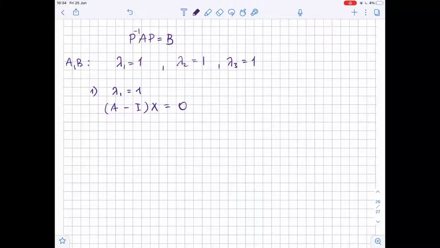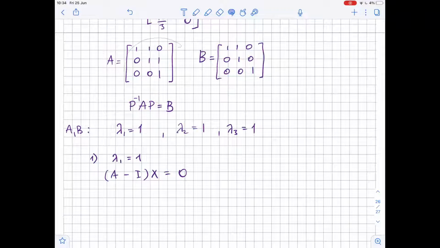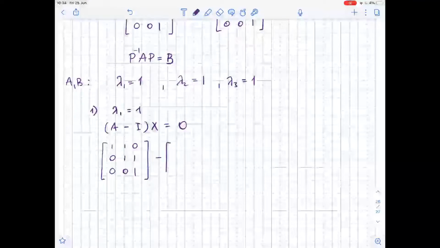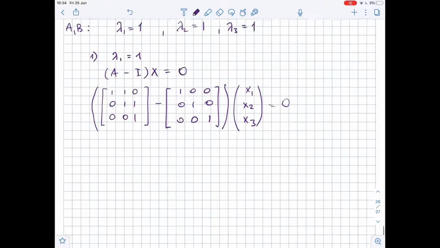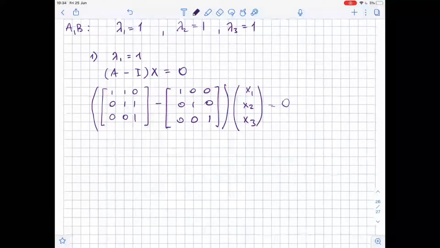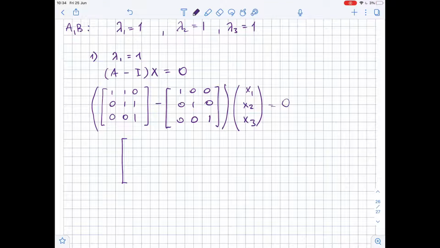So then our matrix A minus identity matrix times matrix X equals 0. By doing this subtraction, we get 0, 1, 0, 0, 0, 1, 0, 0, 0 times x1,